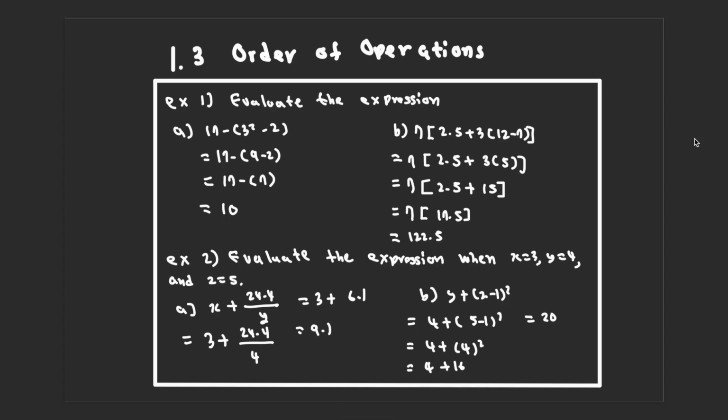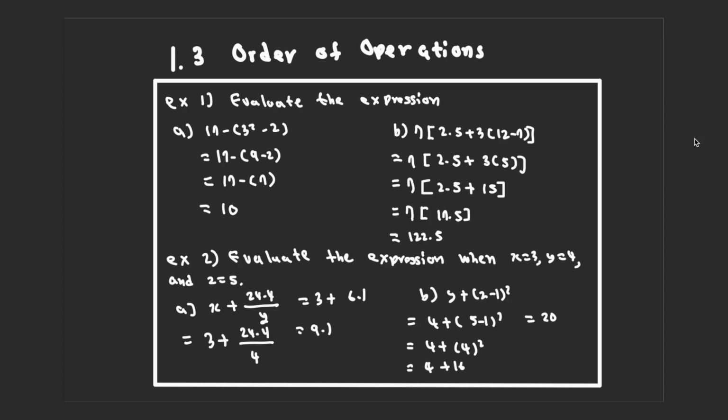The first question asks us what 17 minus open parenthesis 3 squared minus 2 close parenthesis is. First, because we are following PEMDAS, we need to evaluate the 3 squared inside the parentheses first to get 9. So now we have 9 minus 2 inside the parentheses. Evaluating this, we have 7 inside the parentheses. Now we have 17 minus open parenthesis 7 close parenthesis, which is the same thing as 17 minus 7, which